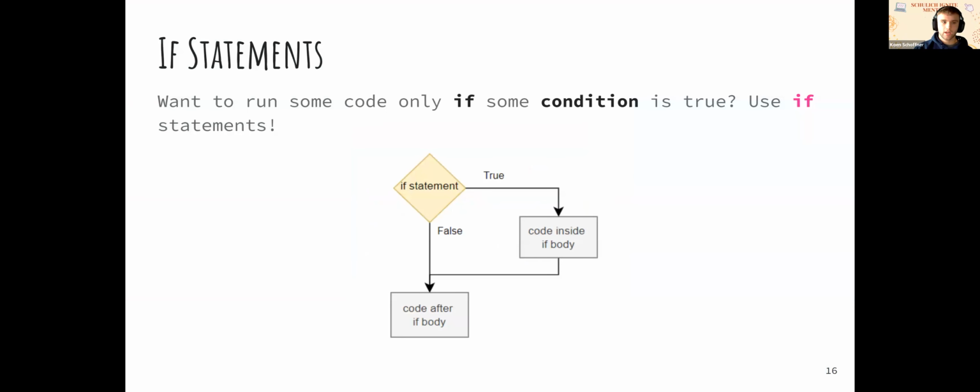So now we're going to get into if statements. The way an if statement works in Python and in most languages is: if a certain condition is true, run a certain code. That's basically the gist of it. We have an if statement. If that statement is true, run the code underneath that if statement. If it's not true, skip over. It's conditional code; it only runs if a certain condition is met. It can be very handy and is used all the time in any coding assignment, project, or program.